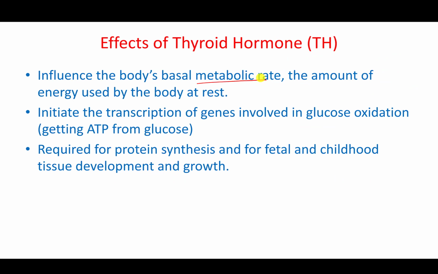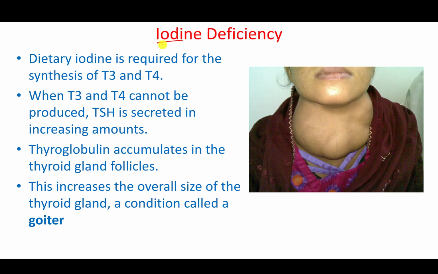It will enhance the transcription of genes involved in glucose oxidation, that is breaking down glucose and producing energy. And also it's important for the protein synthesis, for fetal and childhood tissues development. And we will see when we have problems in the thyroid hormone, we will have issues with development and growth of these individuals. In case we have iodine deficiency,